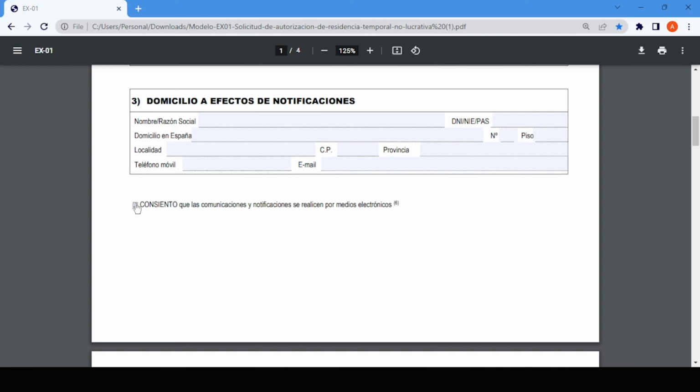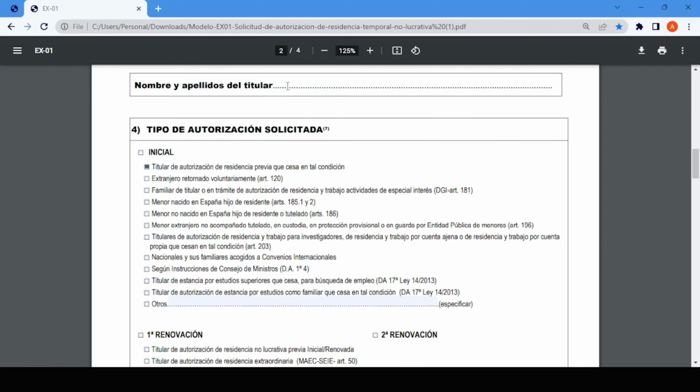Now, tick this checkbox if you want to receive notifications through electronic means, but for this, you must have a digital certificate or a permanent clave in the clave system. This way is much faster than getting your notifications by postal mail. Write your name here,